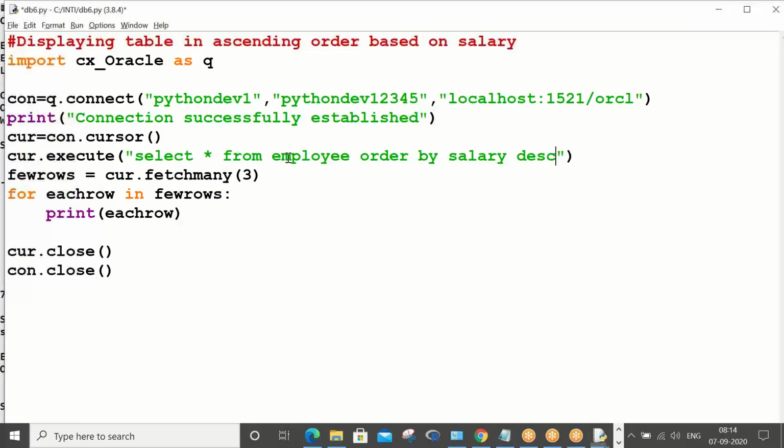Is it sal or esal? esal. So let me give esal desc. Okay. So now here what you are trying to do is fetch the top three salary rows. Or else you directly do fetchmany. So the entire database in descending order it will bring in for us. Run module.